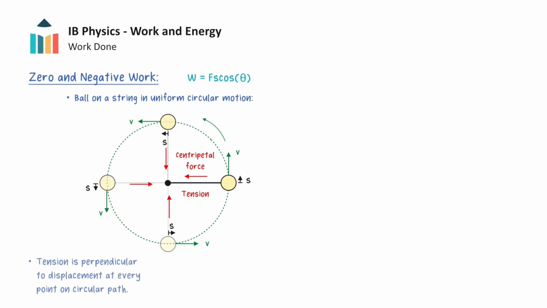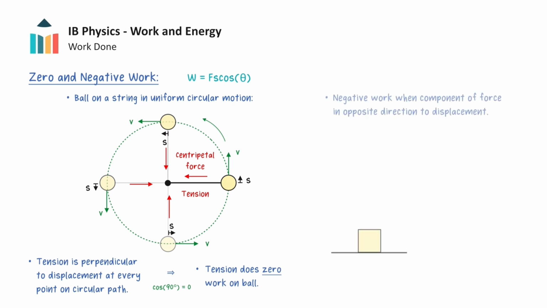Therefore, the angle between the tension force and the displacement will always be a right angle. As cosine 90 degrees is 0, this means that the work done by a centripetal force on an object moving in uniform circular motion will be 0. When the force has a component opposite to the displacement, cosine theta will be negative and the work done will